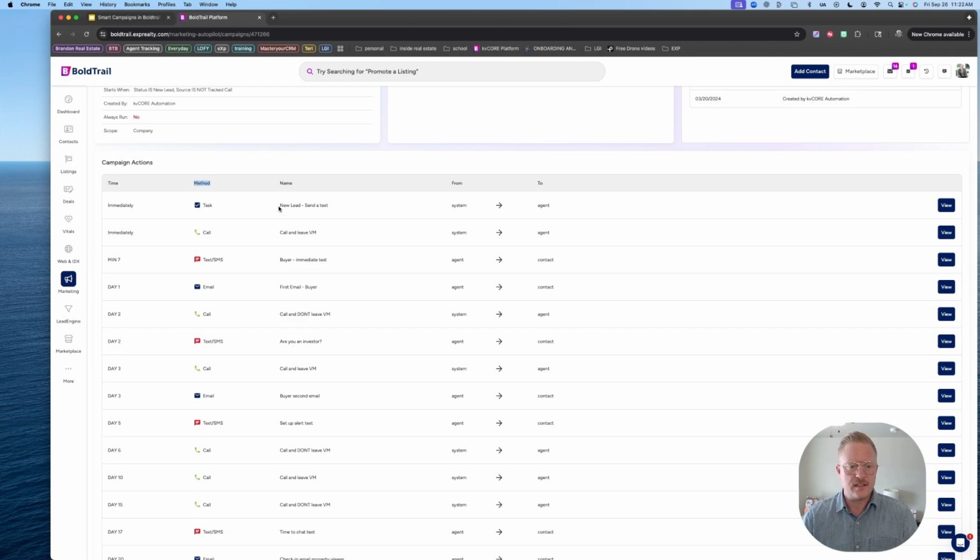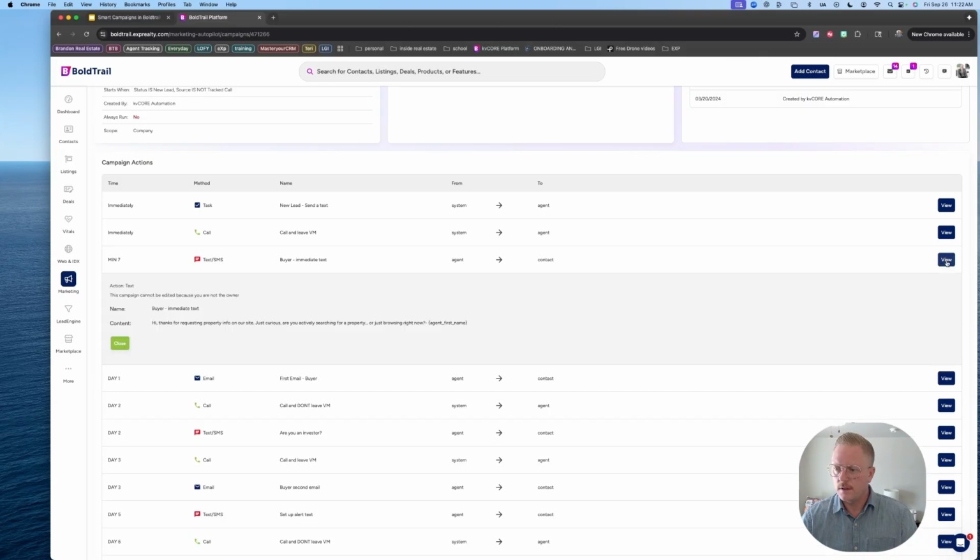Next to that, you're going to see the template name. So this one is a task, new lead, send a text. Immediately after that, this one says call and leave a voicemail. Immediately after that, it says buyer immediate text. So the system's going to text them 7 minutes after the lead comes in. Let's take a look at what these look like if I wanted to view what it says. So for example, this text message, if I click view next to it on the far right hand corner,